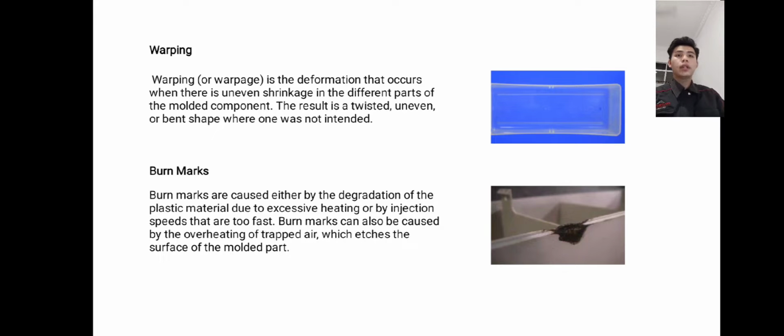After that, warping or warpage is the deformation that occurs when there is uneven shrinkage in the different parts of the molded component. The result is a twisted, uneven or bent shape where one was not intended. After that, burn mark. Burn mark is caused either by the degradation of the plastic material due to excessive heating or by injection